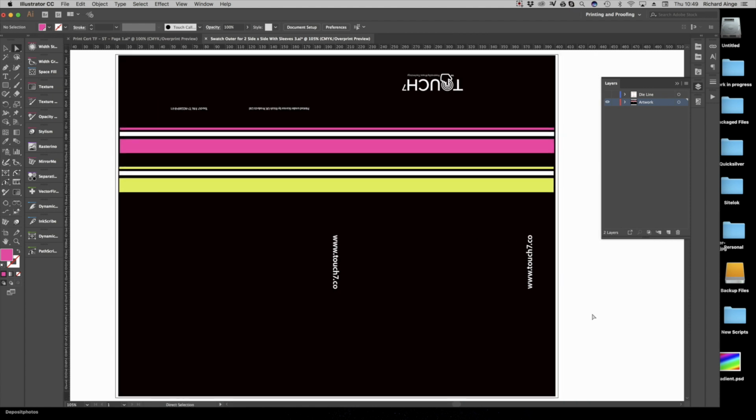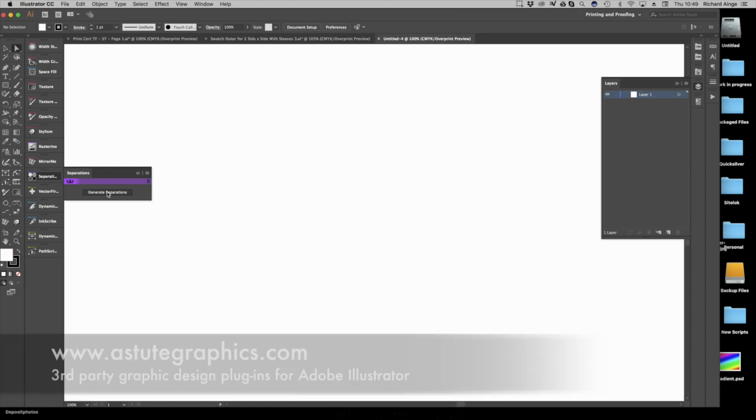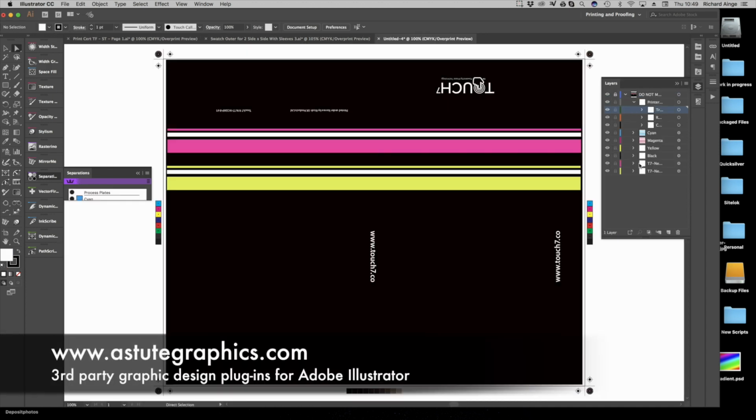We also do recommend that if you are doing this as a 6-colour job, that you might want to pre-separate it beforehand, in which case you might want to put your yellow separation onto a new layer. You can do that manually, or alternatively, what you could also do is use tools like Astute Graphics. They have a great little tool called Separation. Basically, you click on Generate Separations,